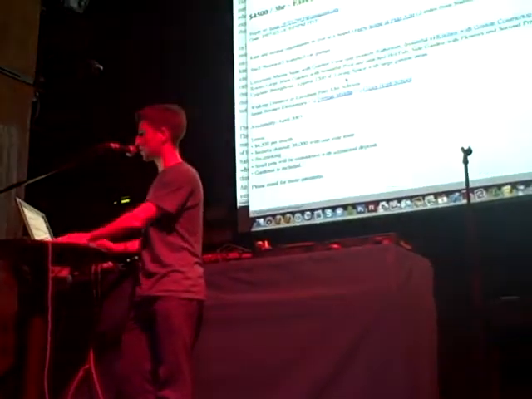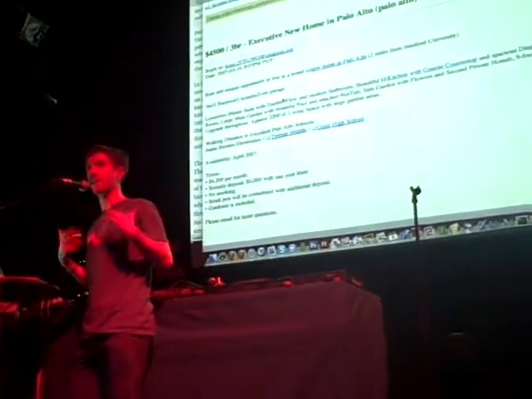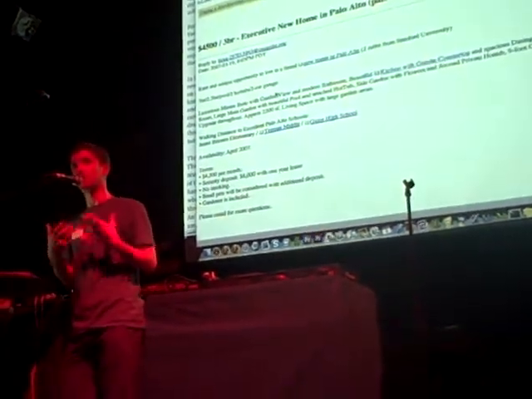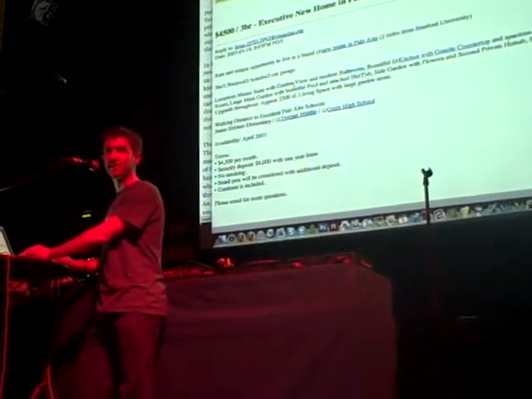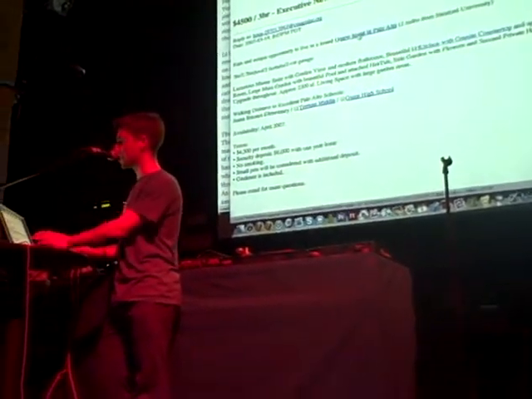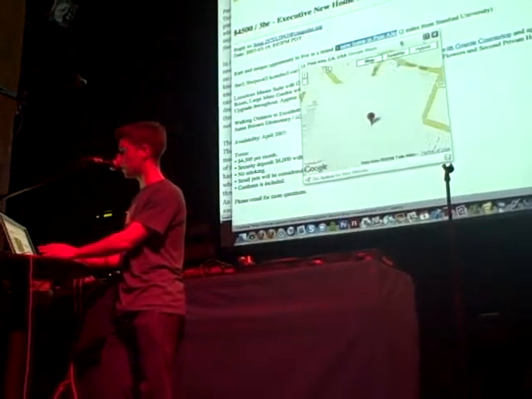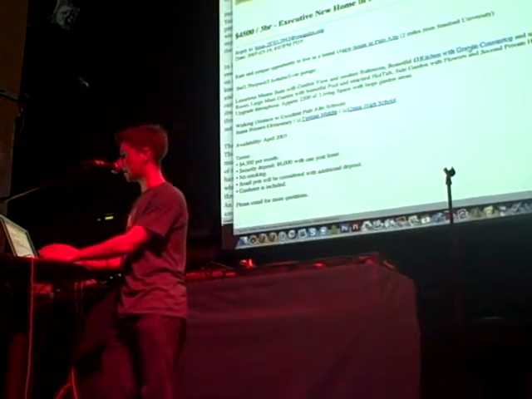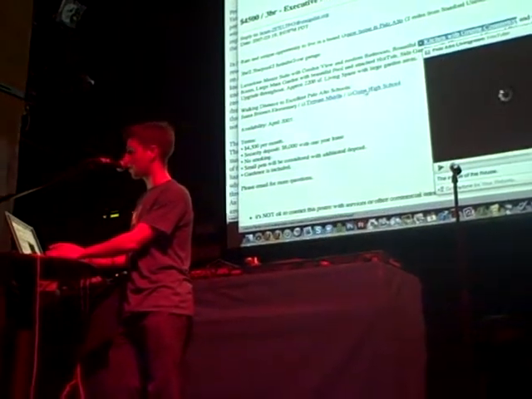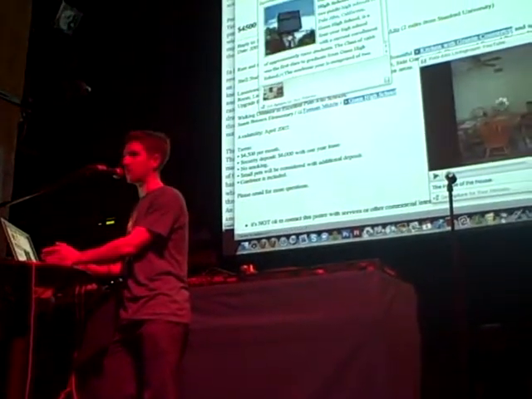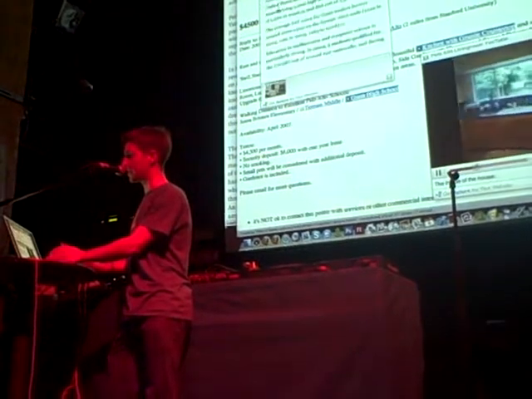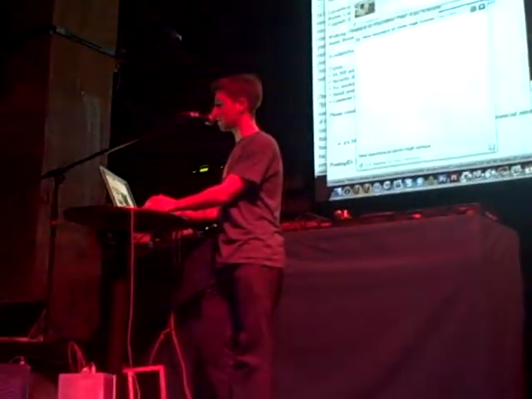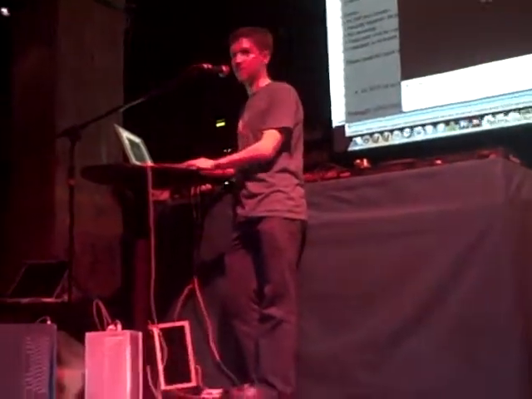And one last example for you real estate fans, what if you had a Craigslist ad enhanced with this software? What could you do to tell a richer story about your ad that doesn't just depend on the text? You can click on New Home in Palo Alto, and you can see the link. You can click on Kitchen with a Granite Countertop. While you're reading about the Gunn High School, which is in the neighborhood, so your kids have a good school to go to, you can dive into the academic reputation of the school, and you can click on a video and read all about the teachers there.